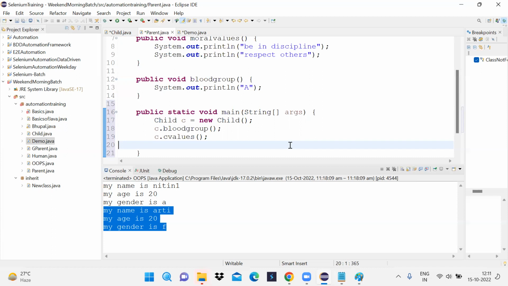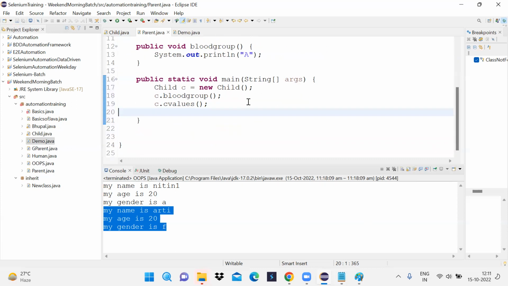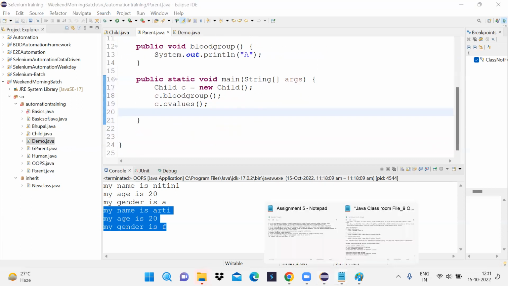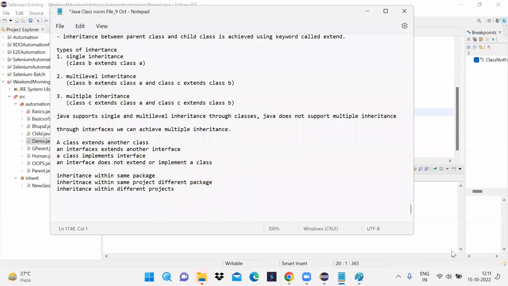Yeah, Aarti, is it clear? Yeah, understood. I mean, it's a little hard to understand, so I will go through the theory of the entire topic. Okay, so I think with that we can consider the inheritance closed, and in tomorrow's class, let me just